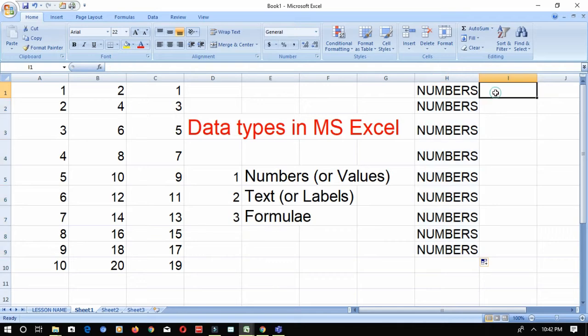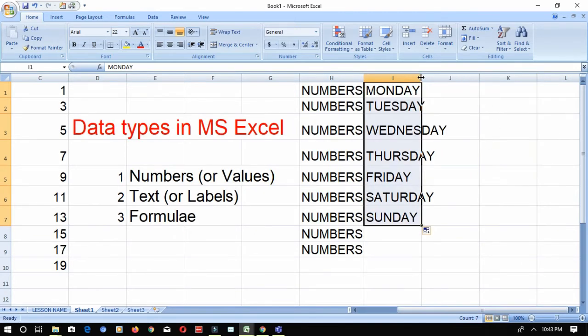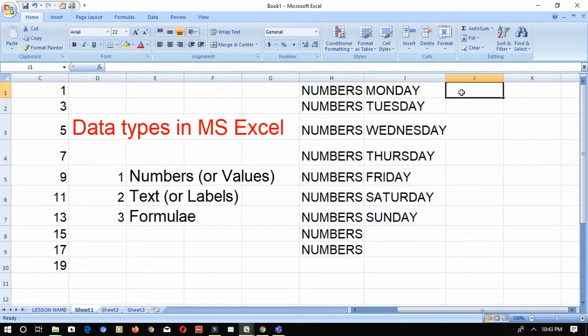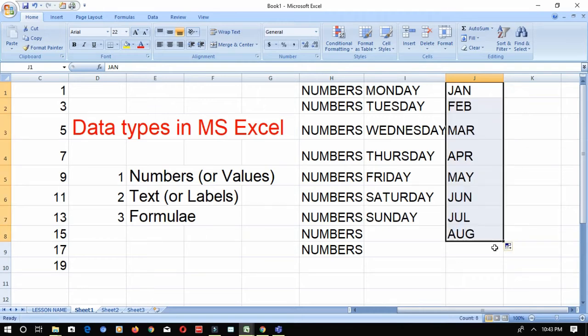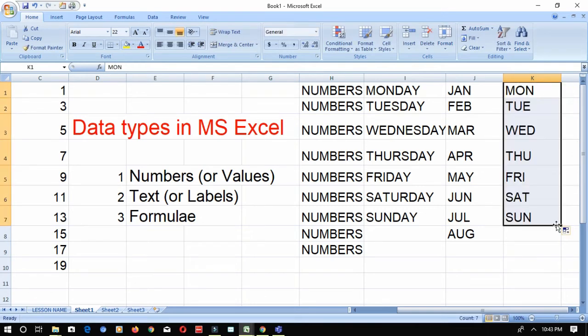Now if I wanted to enter the date or days, that can also be autofilled. Now see, it will get repeated. Even months can be done that way. Any day I can start from. See, January, even short form or long form. Even Monday, Tuesday, MON if you do. Use the autofill feature, fill it.